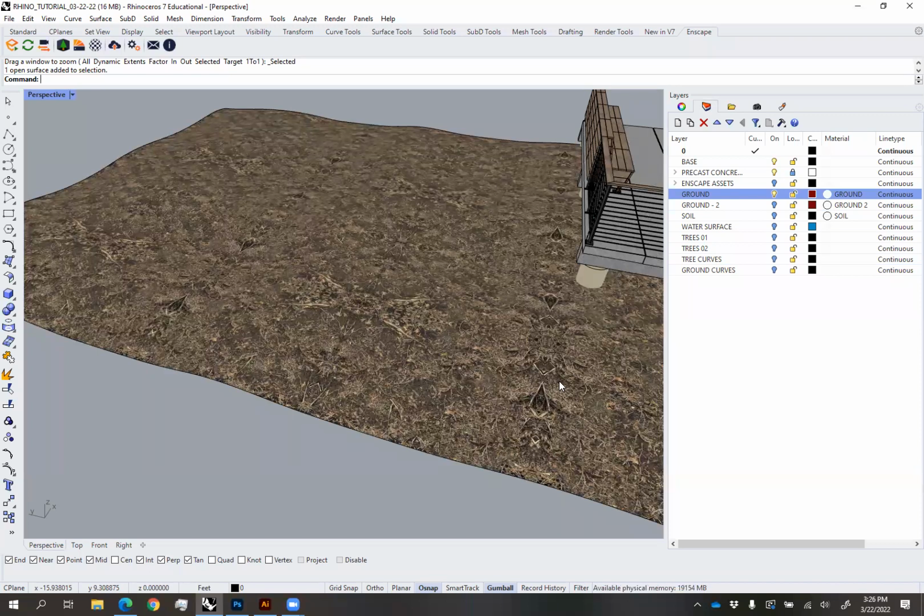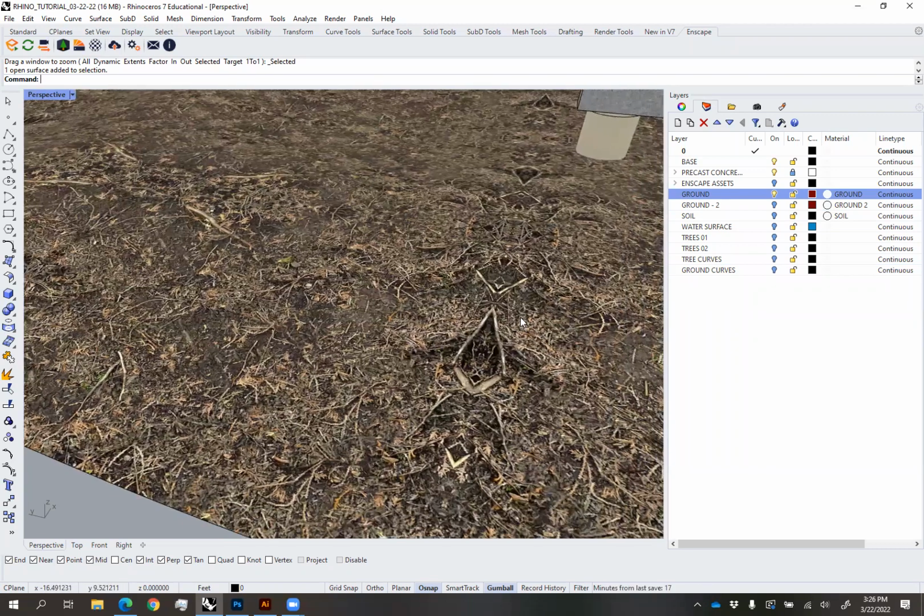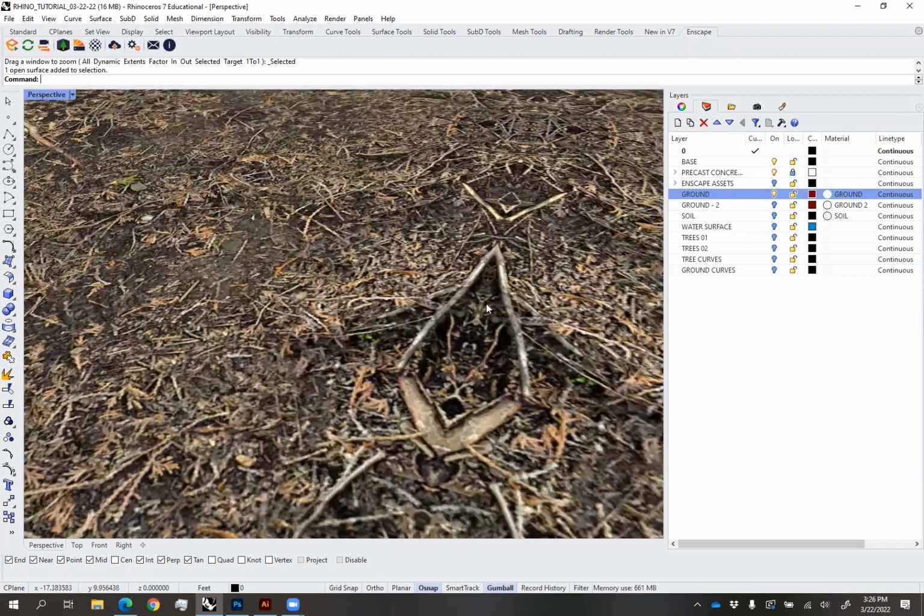Now, the only issue with this is that it creates monsters and spiders and scary looking demons in the image. So just kind of try to ignore these scary looking forms. Oh my God, I think I see